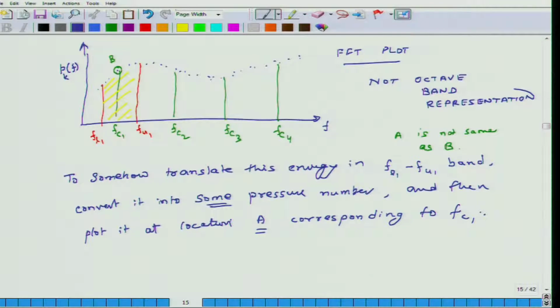Understood? So if I just took this value which is at B and I plotted it in this graph,